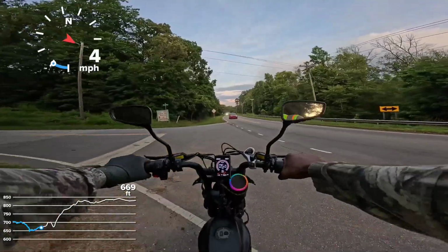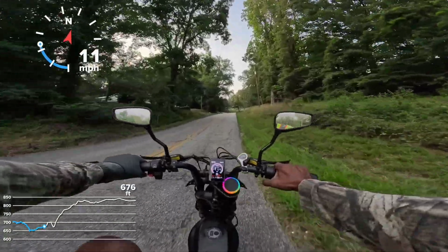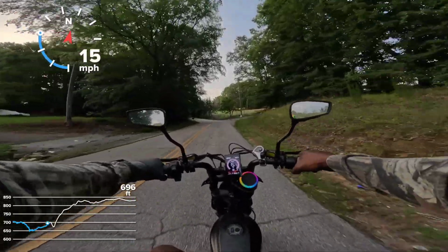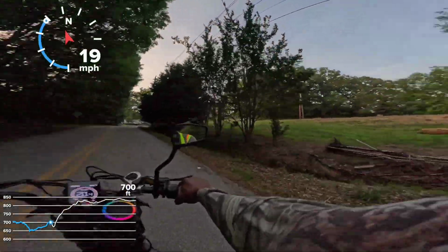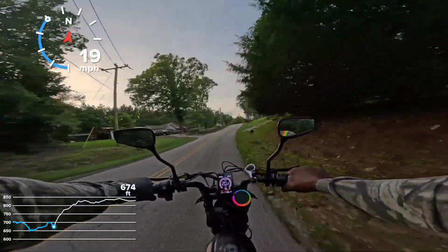So we getting ready to take it on up this hill, y'all. We only gonna use one motor. I'm gonna put both motors on. Watch, ooh, an owl. Y'all see that big owl? It was a big owl. I can't wait to see that on the